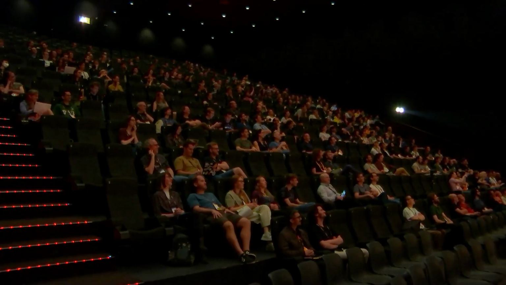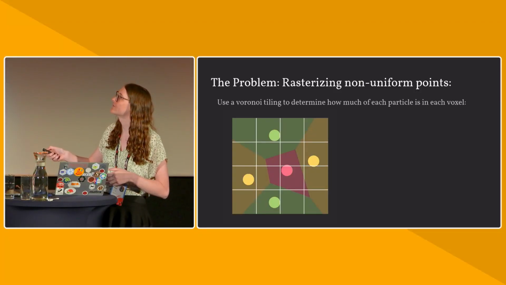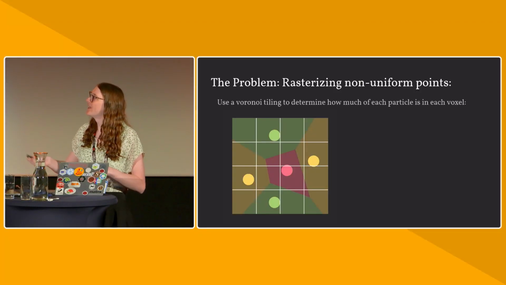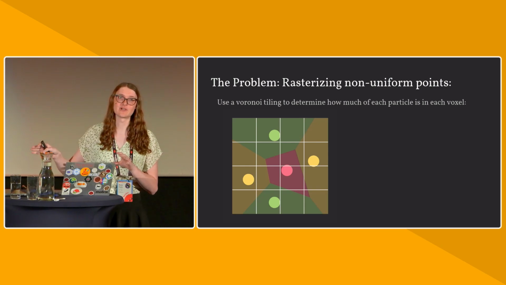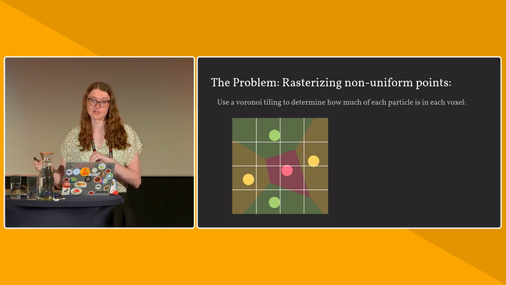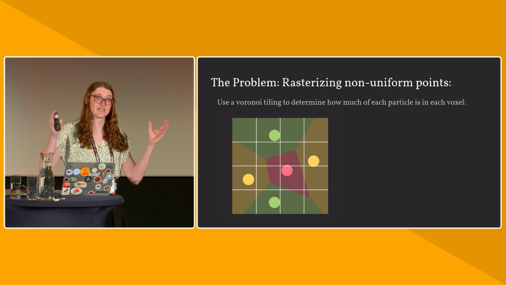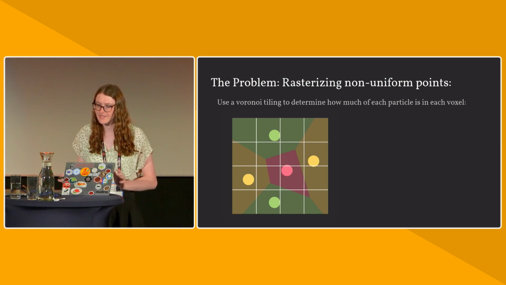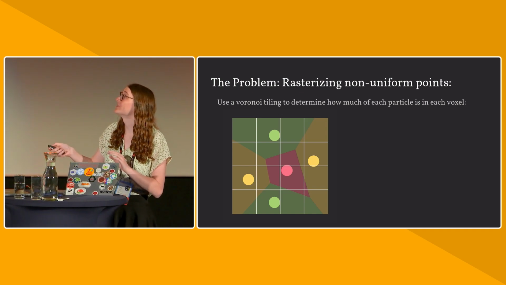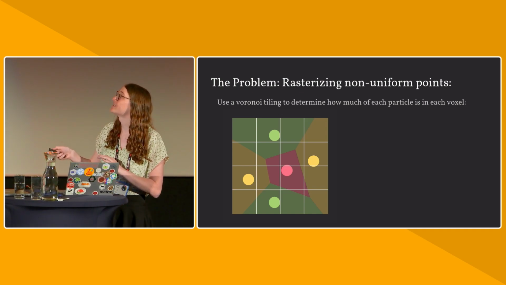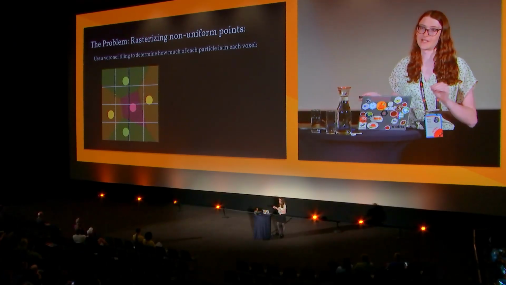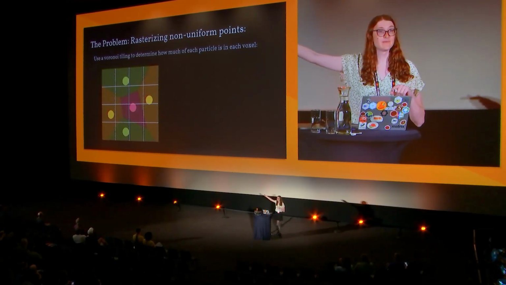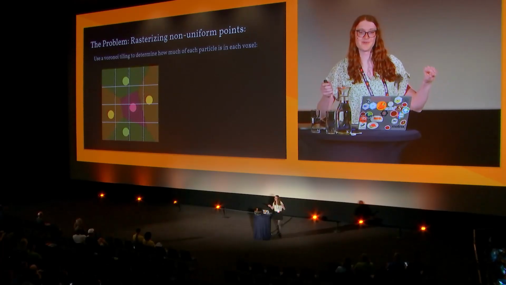And here we can see the points from our original point cloud. We have one in green, one in yellow, one in red. Then the shaded region around each point corresponds to the Voronoi tiling for each point. So it's the region of space that is closest to that point. Superimposed on that, I've shown this white grid, which represents the uniform voxels that we're trying to rasterize to. This diagram is in 2 dimensions, but the actual thing was in 3 dimensions.